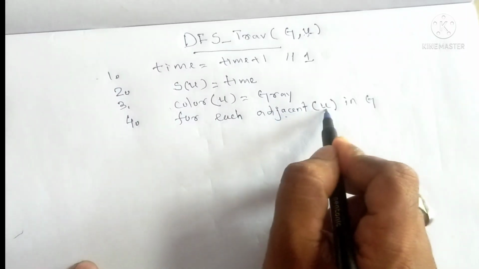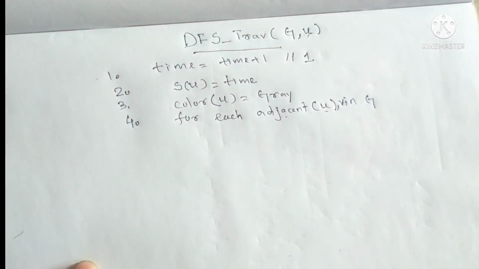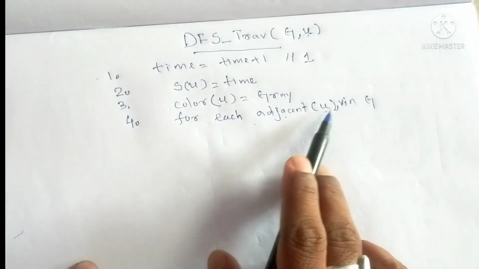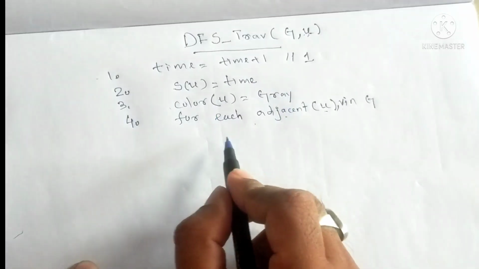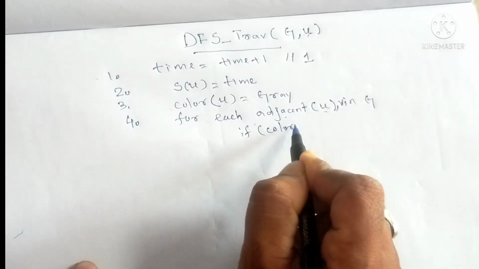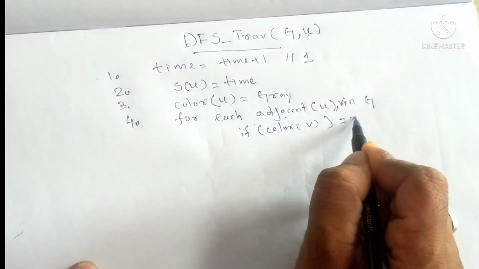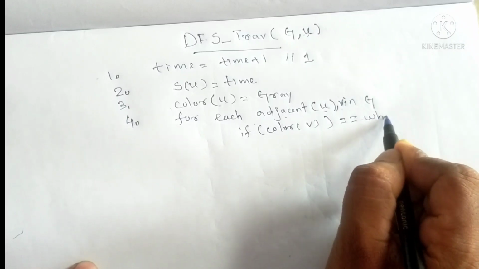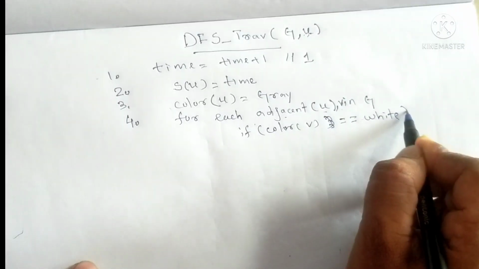Suppose the adjacent of U is V. I am writing here V. For each adjacent of U, that is V, present in graph G, if the color of V equals white,